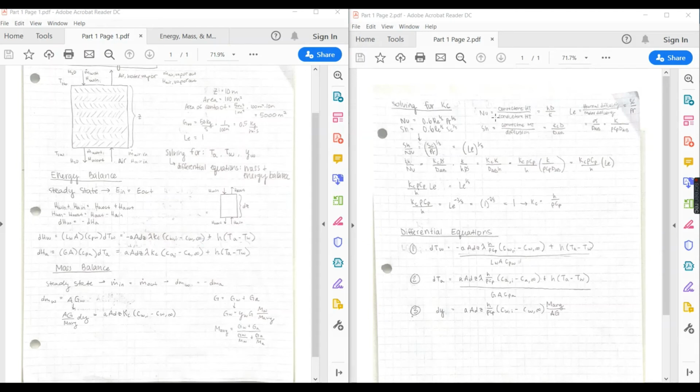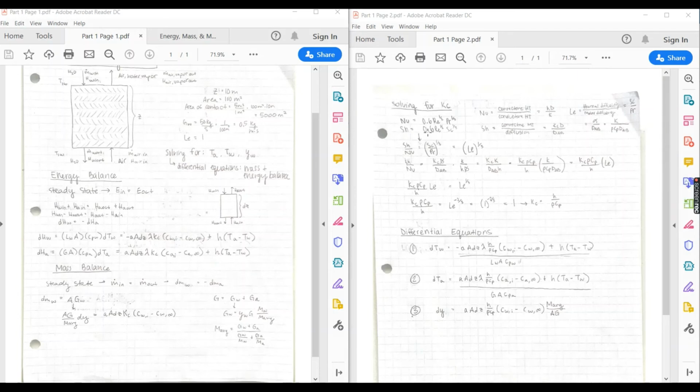We also know that the Sherwood number is the ratio between convective mass transfer and diffusion. So the Sherwood number and the Nusselt number are related because they're both looking at the relationship between convective and conductive transfer. The Nusselt number is looking at transfer of heat, and the Sherwood number is looking at the transfer of mass. So because the Nusselt number and the Sherwood number are looking at the same type of ratio,